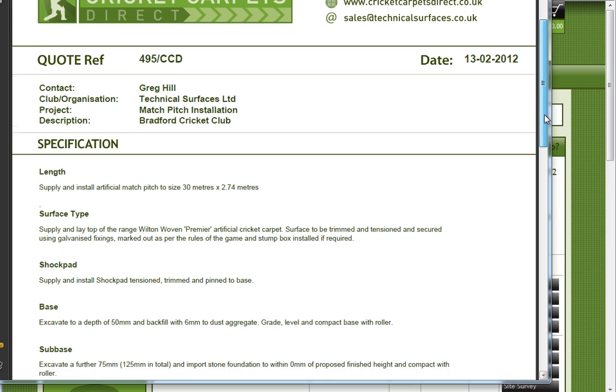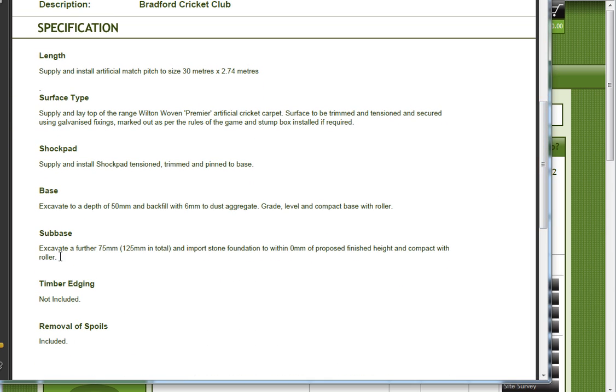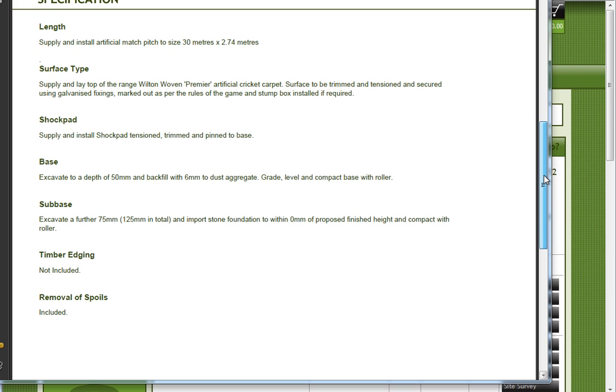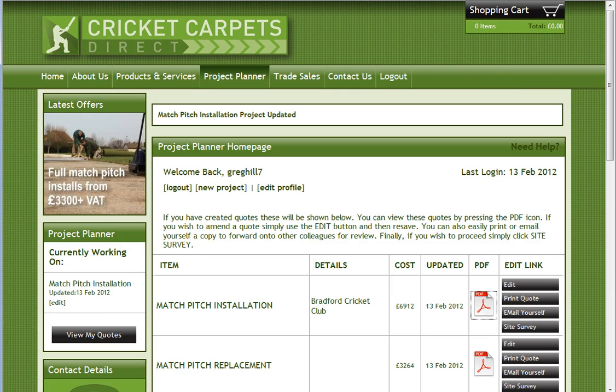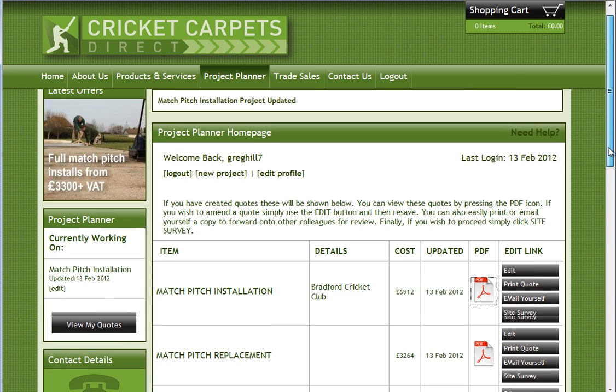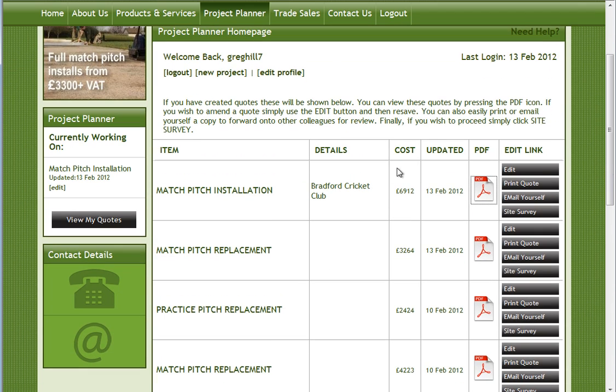And we'll see now that when it comes to the sub base, it's got to excavate a further 75mm and import stone foundations. That should say to within 50mm of proposed finished site. Well, I'll get the guy to change that. I've asked him quite a few times already. Basically at this point,